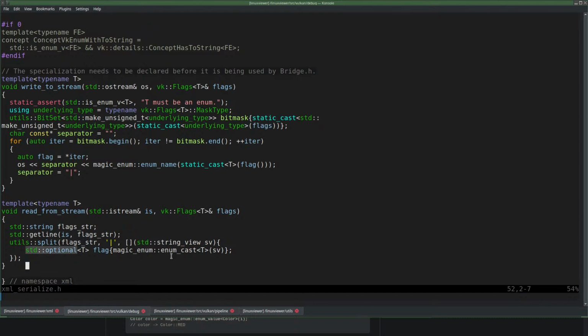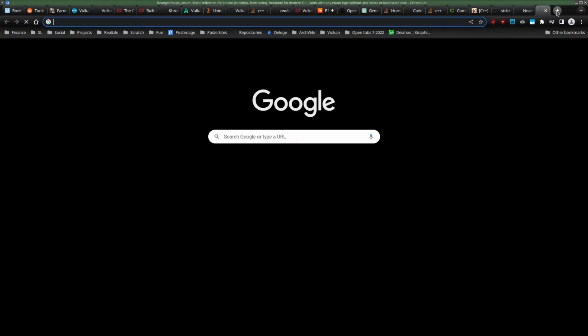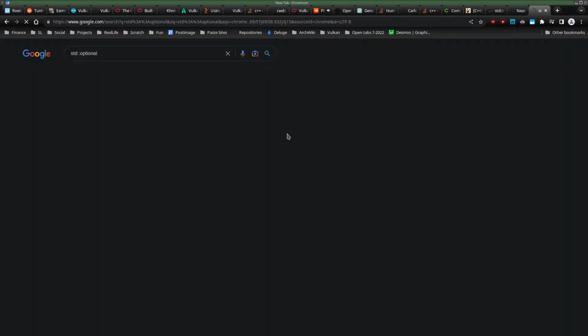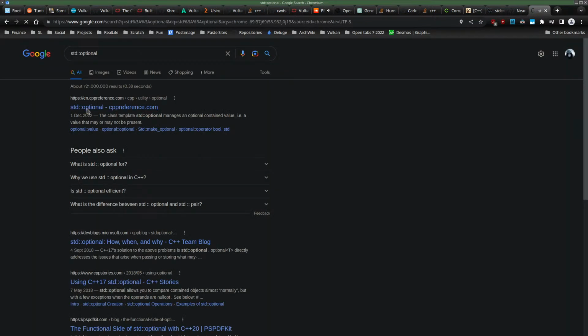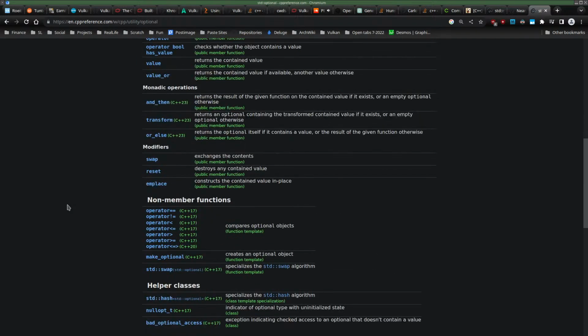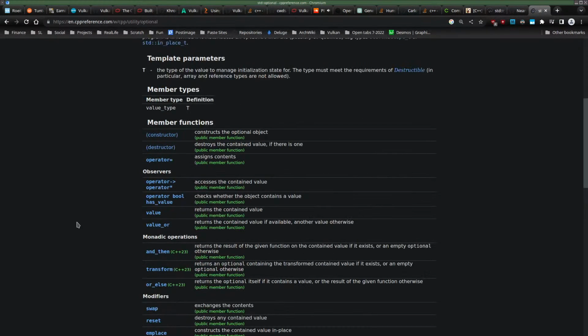So how does an optional work then? Never use that. And then, or else, oh my god, has value? Maybe. Yeah, if it doesn't have a value, something is horribly wrong. Or shall I just ignore that?